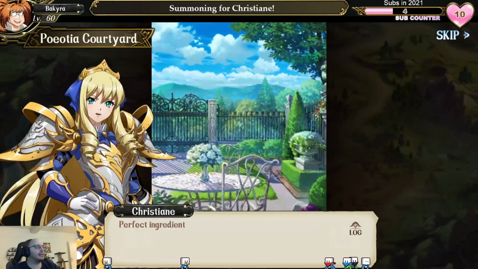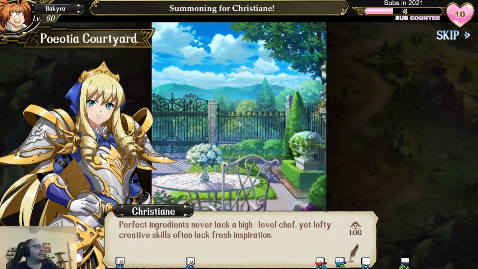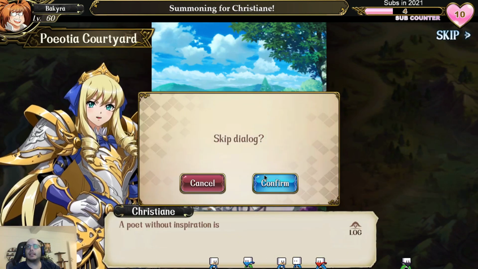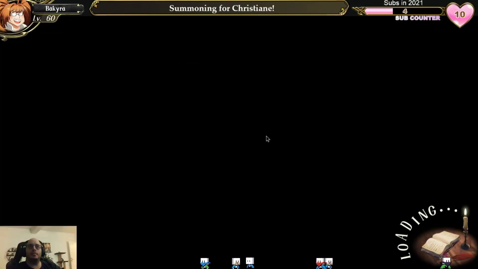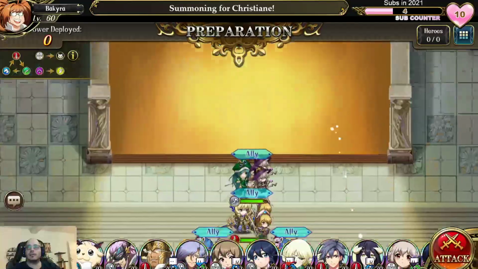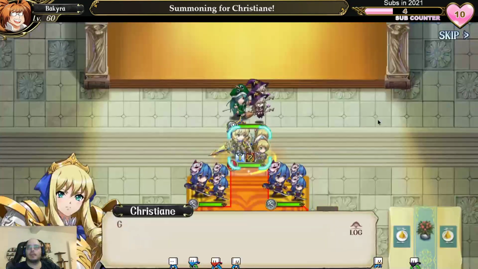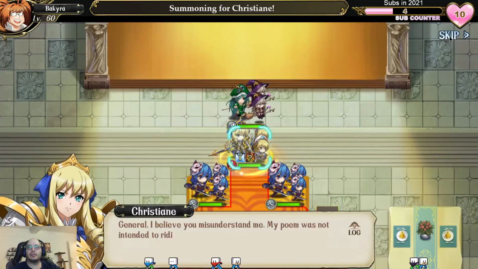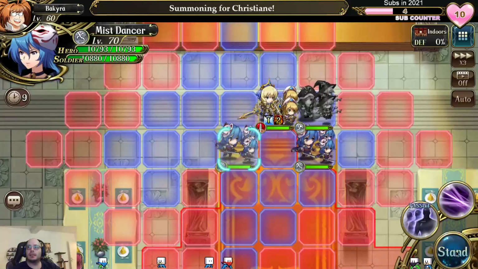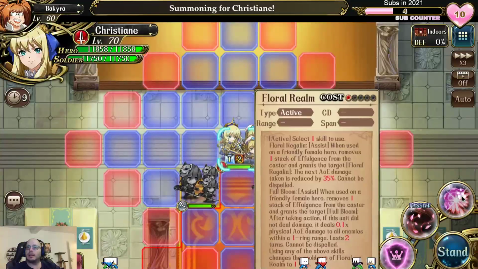Okay, I guess that means Christiane has to tank. I would like to see if this is activated. Yes, it is. So here we go, back and skip. Once we finish this, we'll be able to pull it. Alright, so just go. Let's understand the danger zone. That's a healer. That's an attacker. That's an attacker. And I think...